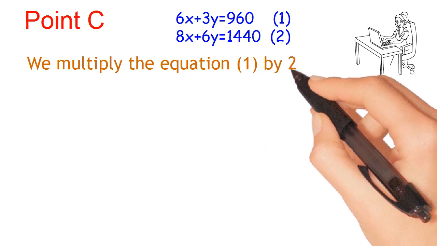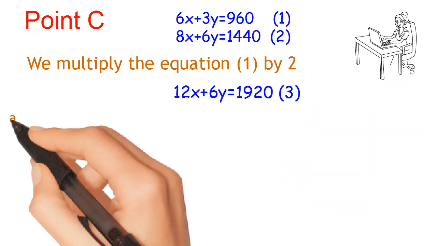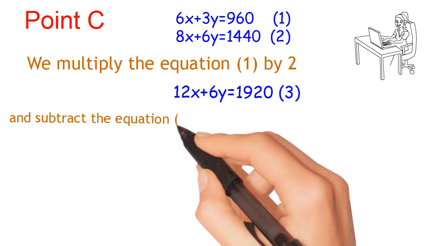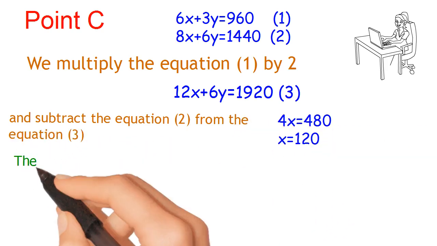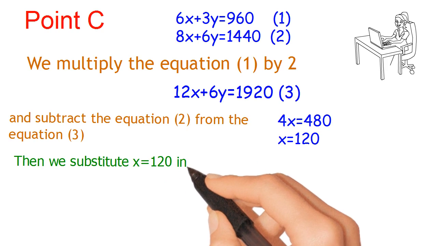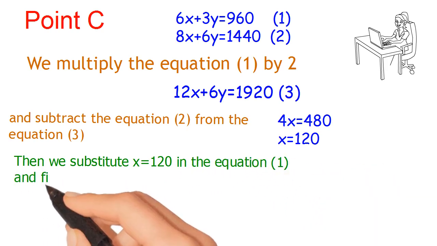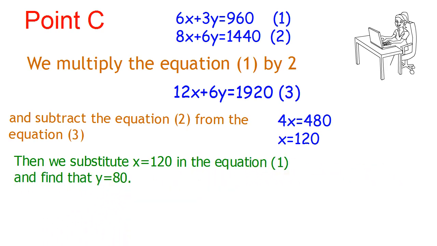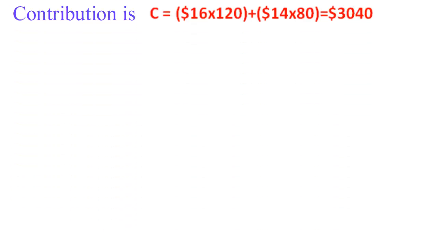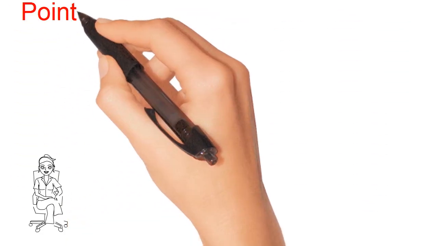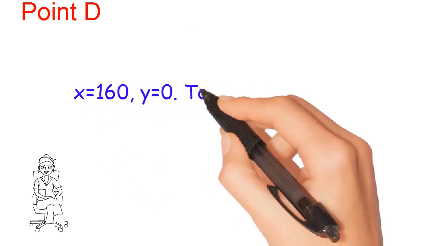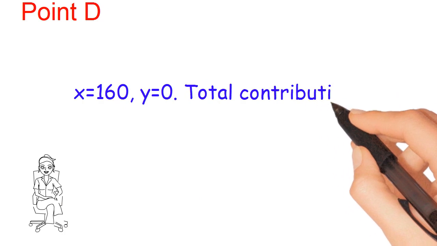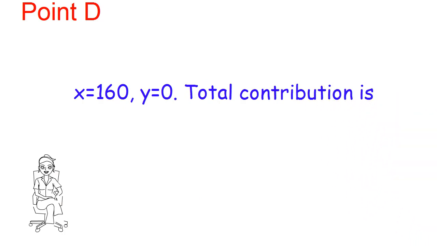We multiply equation 1 by 2 and subtract equation 2 from equation 3. Then we substitute x equals 120 in equation 1 and find that y equals 80. Contribution is. At the next point, x equals 160, y equals 0. Total contribution is